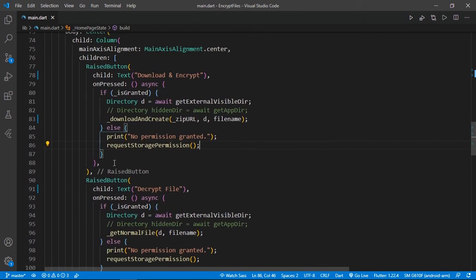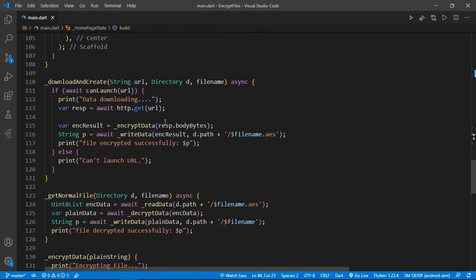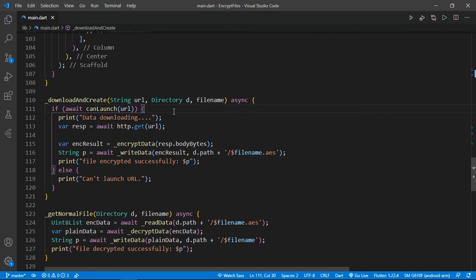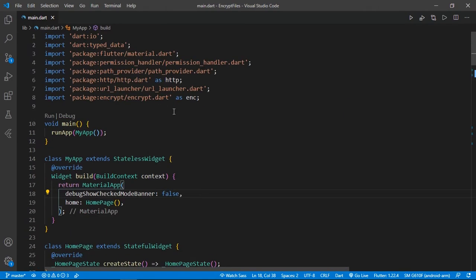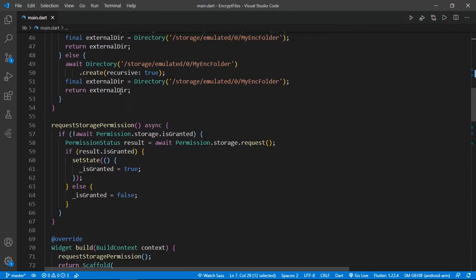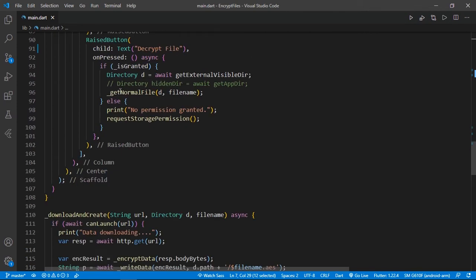Now we will look at how this method will work, download and create. So I come here. I told you guys I use a URL launcher, this dependency here. So I included this URL launcher package here, so we can use that functionality.